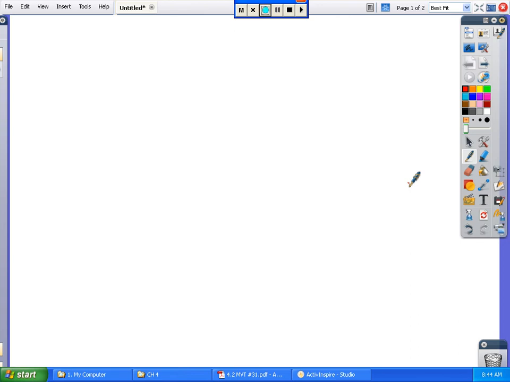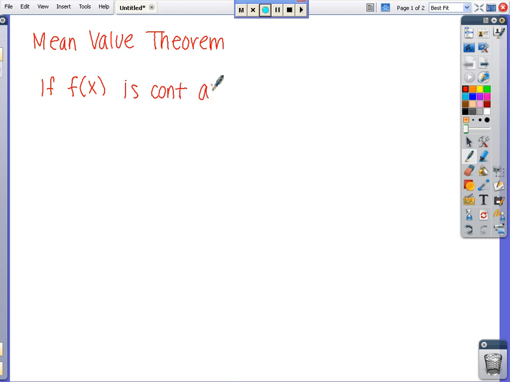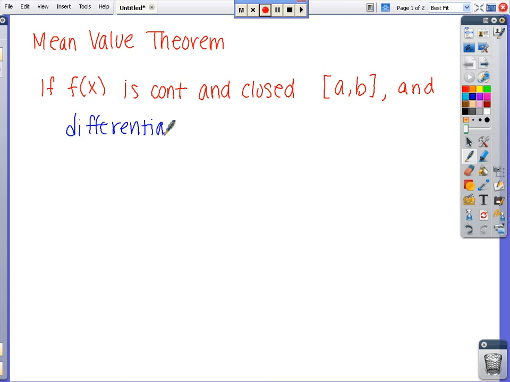This video is going to be for your mean value theorem. And what it states is that if f of x is continuous and closed on the interval a to b and differentiable in the open interval a to b, then there exists